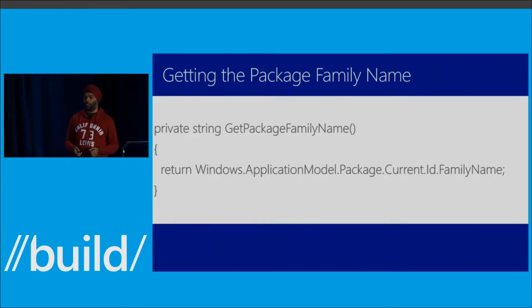It's that straightforward. And the package family name is something that is generated by Visual Studio when you go File, New App. You can actually go into the store and reserve a package identity name and use that as well, and then you're sure that nobody else is going to take it. Also, part of the package family name is a hash of the certificate that your app is signed with. So unless you lose your name reservation and your certificate, in which case you've been very, very careless, you're not going to lose your package family name. So it's pretty secure.